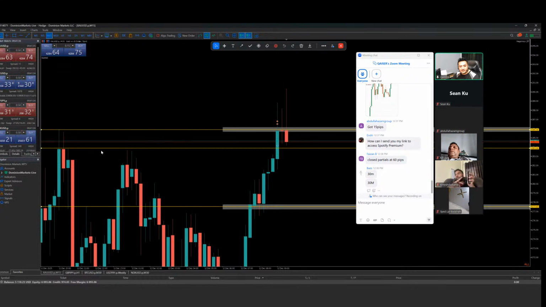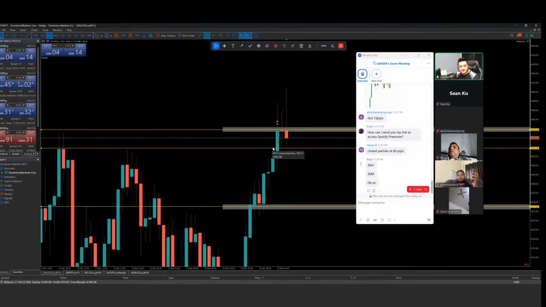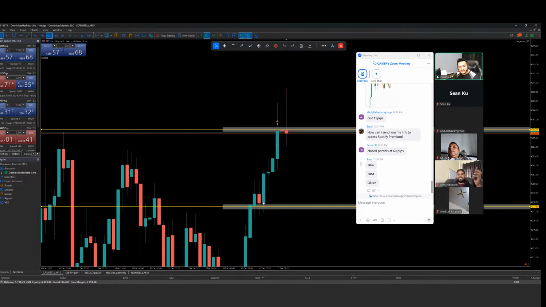If there are no wicks, like normal wicks, then I will stick with the 30 minute time frame. And after it breaks and closes above this resistance area, then I readjust my zones. And how I readjust my zones: now I'm having this resistance here. So this is my new resistance, this is my current support area. See this one, now this is my new resistance, this is my current support area.